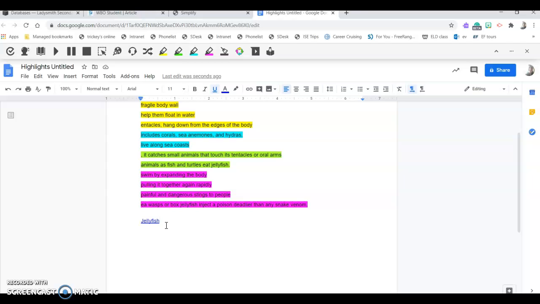Now that we've collected our like ideas, we're going to start to record information using a couple more features of Google Read and Write. The first one I want to explore is talk and type. Students can use talk and type to take their ideas and create a sentence. For instance,